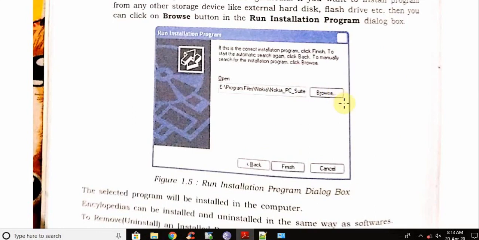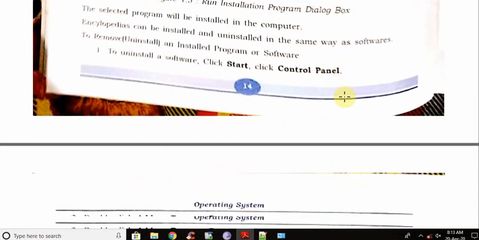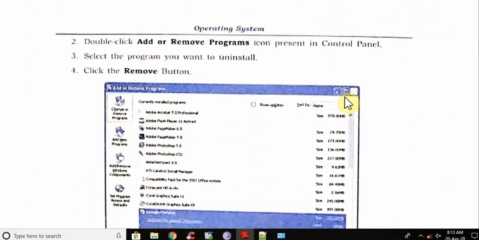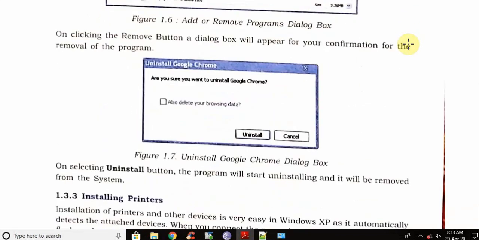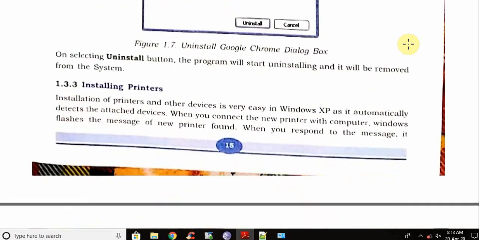We have seen the setup. Try to remember this. This was coming when we were trying to install the program. Now students, go to next page. These are actually figures. I have shown the live demo to you, so you can experiment, but please be cautious.